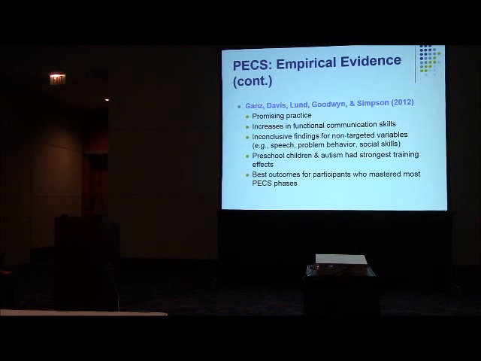Well, this is not really surprising because if you have a participant in a study who ends up going from phase 1 all the way to phase 6, starting from phase 4, 5, and 6, it becomes a little bit more complicated, right? Because now they're not just exchanging something and getting something in return. Now they're really having to discriminate. And then in phase 6, they're actually making comments. So it's not surprising that somebody who's able to master all 6 phases,